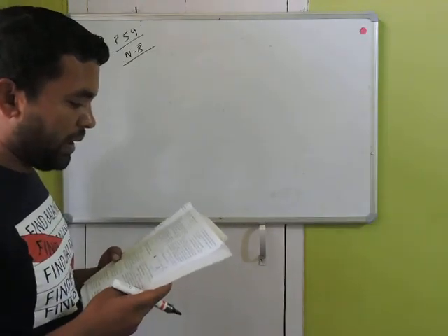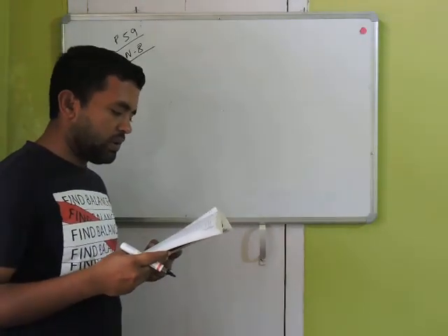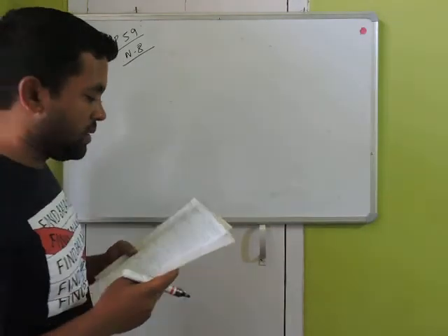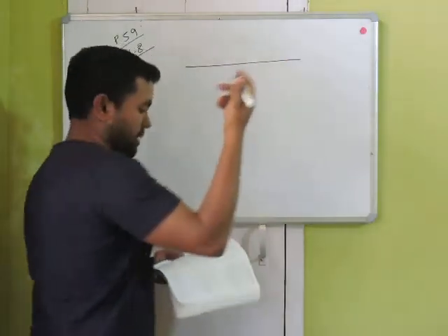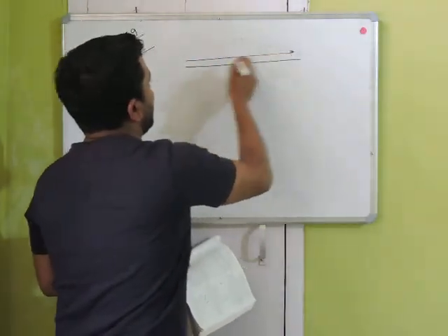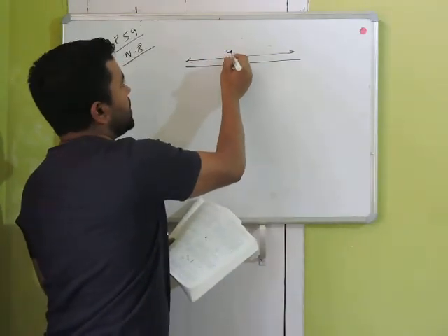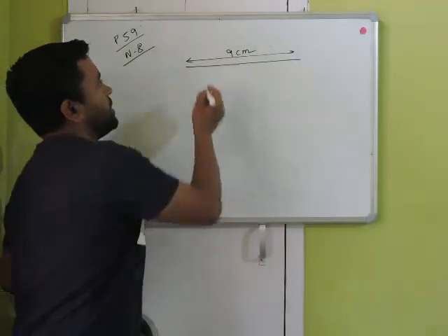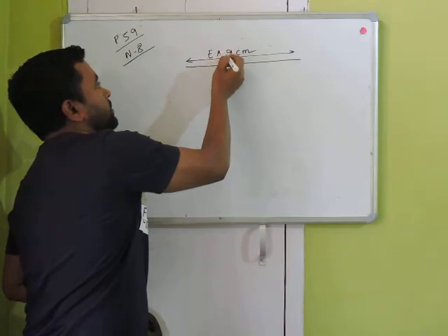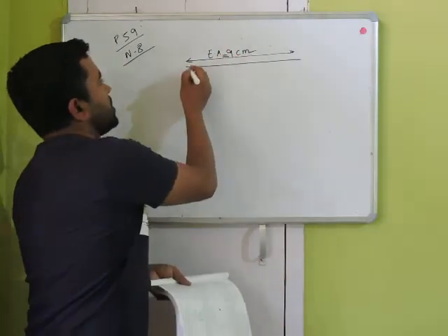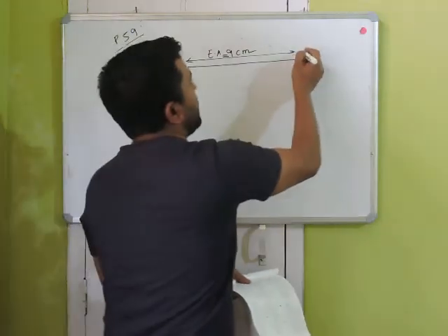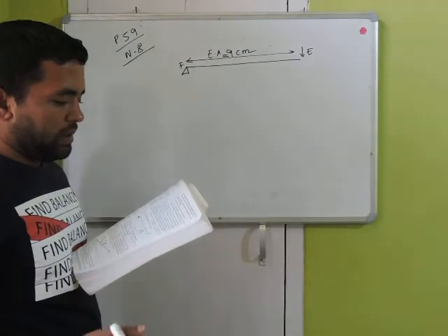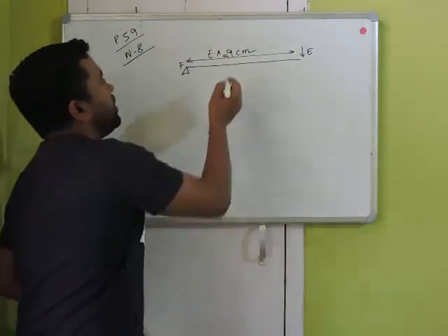A lever of length 9 has its load arm this and effort arm this. So if you can imagine, this lever has length 9 centimeter and effort arm is also 9 centimeter. So it is sure that fulcrum is here and effort is applied here. And load arm is 5 centimeters, so load is somewhere here.